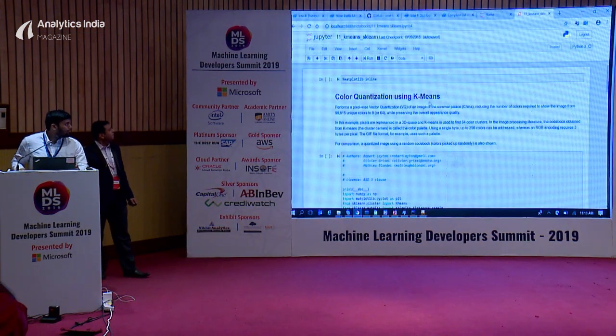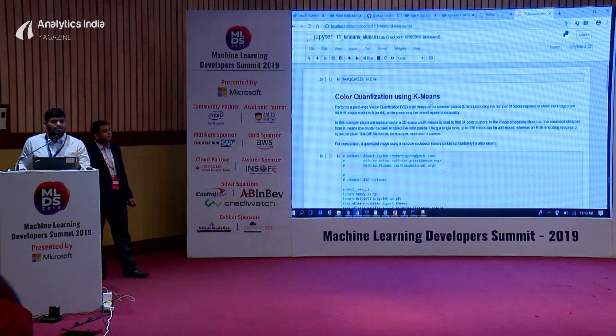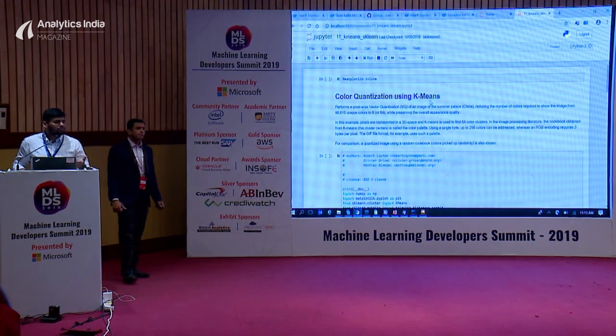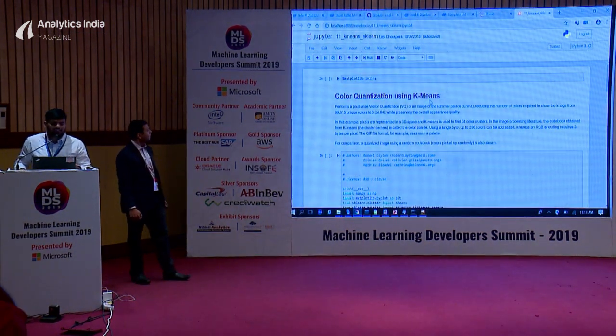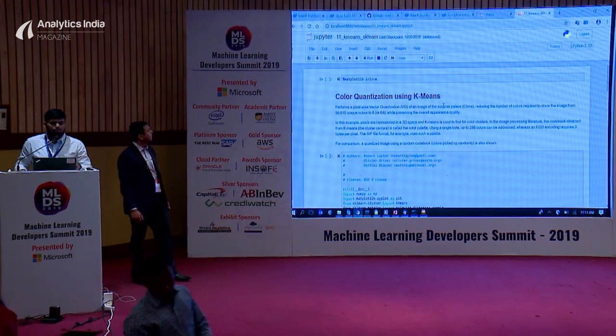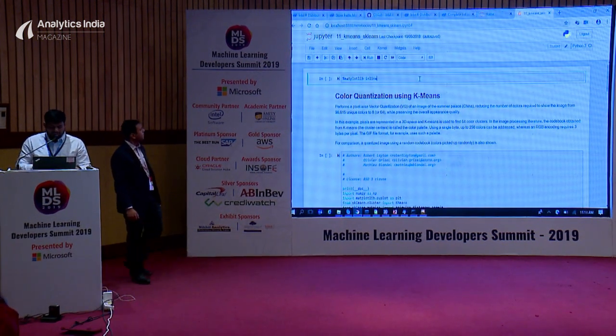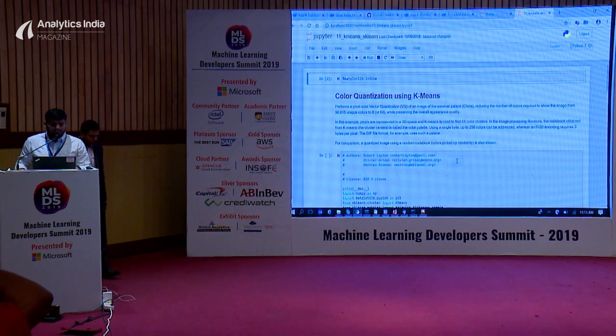So this is the code here. I will just run the code, and while it is running, I will explain what the code is all about. So we have some import statements, and